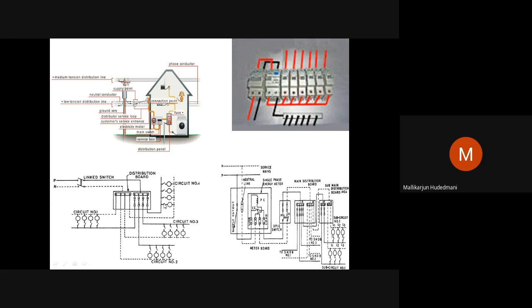So what I was speaking, service means after that, meter board wiring. Meter board wiring is what? Installation of the energy meter and connection of that by the supply provider as input, and the output of the meter goes to distribution. That's all. Then distribution board wiring is what? Branching a number of lines and a number of neutrals for service provision inside the house. That is done through a fuse as a protection device or a miniature circuit breaker as a protection device.